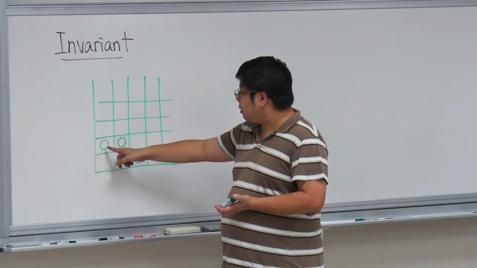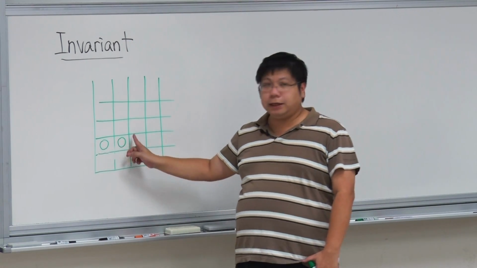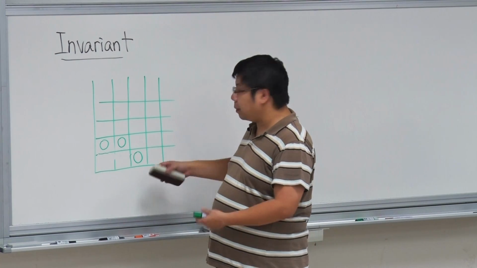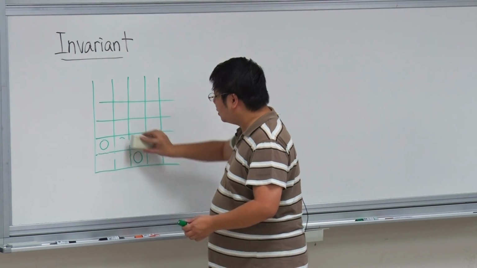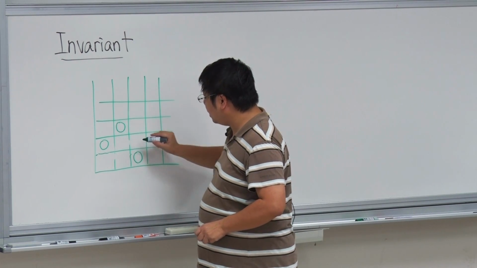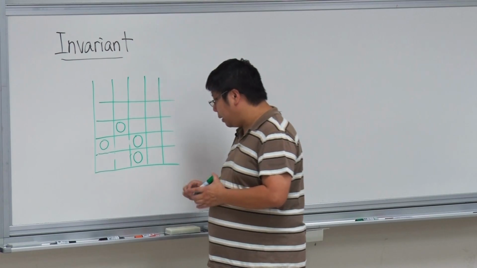Now, for this one, we cannot do so. The reason is that each square can hold at most one piece. Okay. But still we can move this out. So we can move this, replace it by a piece here and a piece here. Is that okay? Now the question here is that,